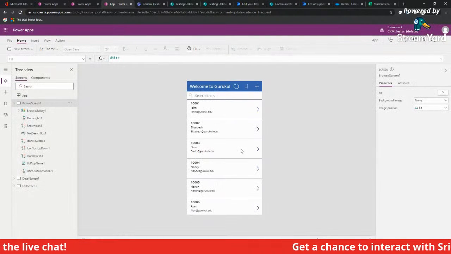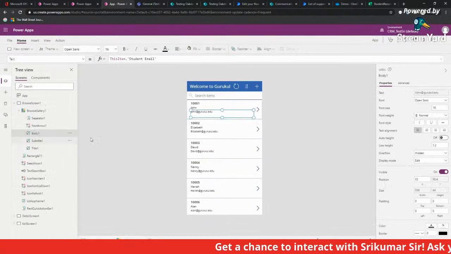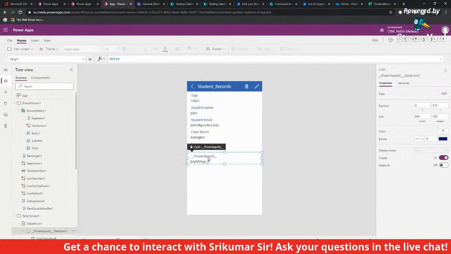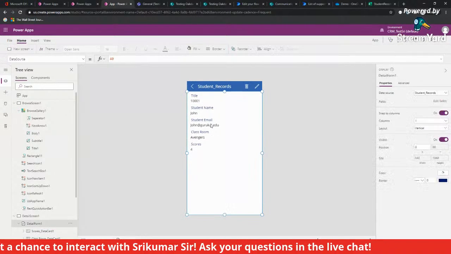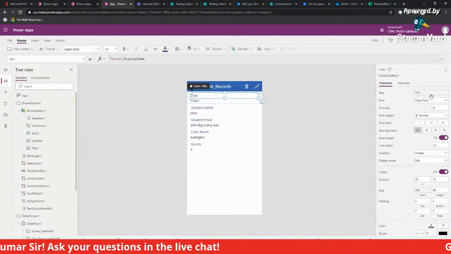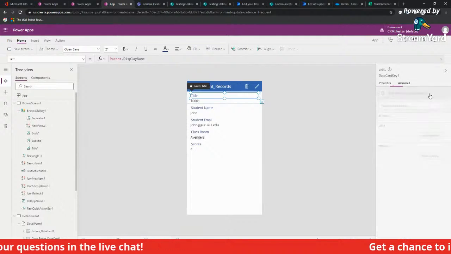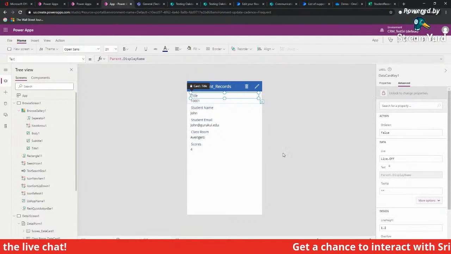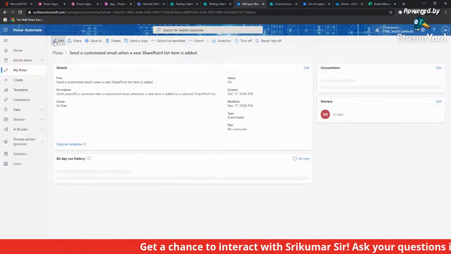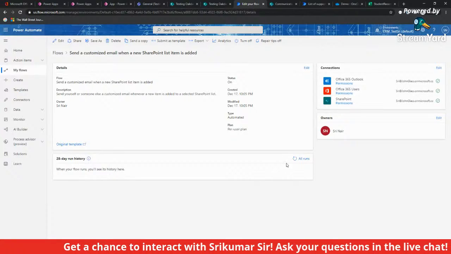Literally, what is required here is when you do this detail screen, you just have to come back here and say, I don't care for this value. And I can also change the name of this here. As we were saying, just unlock this and start typing the new name. But let's just see what happened to our flow here, the process that was supposed to send the email. Let's see what happened.